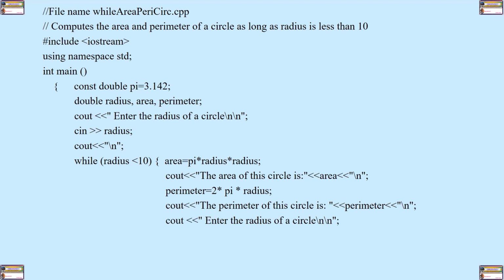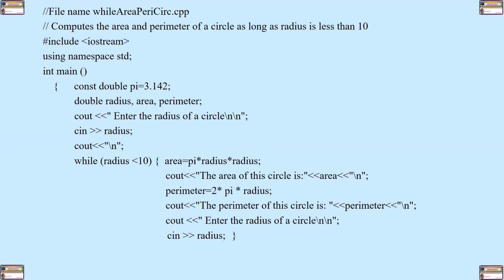My dear students and the rest of the learners, kindly note, you have to request the user to enter the radius before a determination is done on whether the value entered is less or more. Once the last brace for while is executed, the compiler will go again and check radius. Once you key in radius, it will check whether the radius entered is less than 10. If it is, it will repeat those set of activities enclosed under the braces.